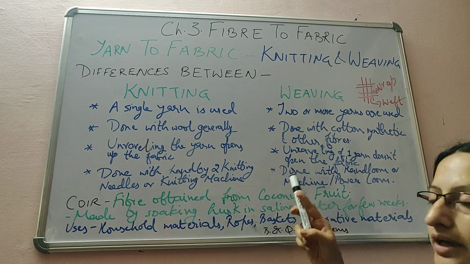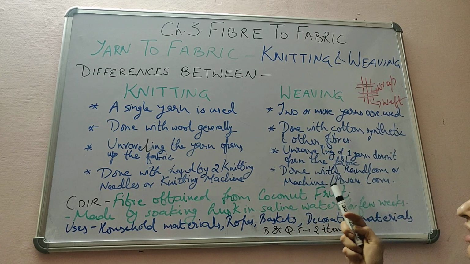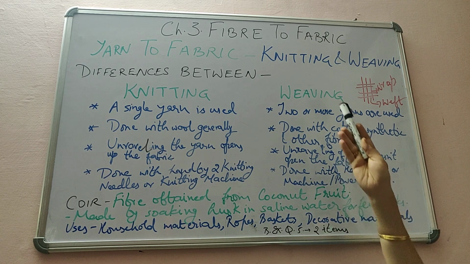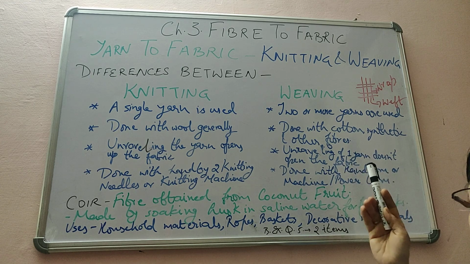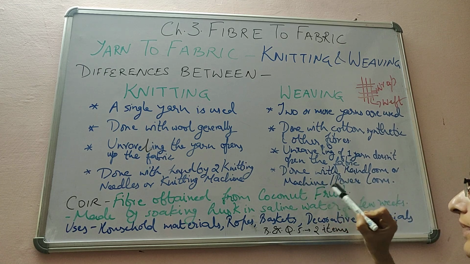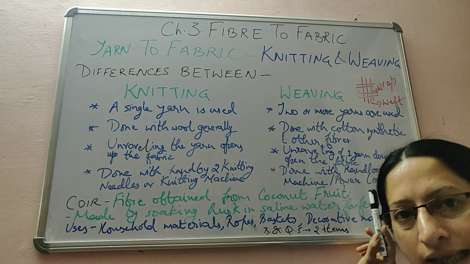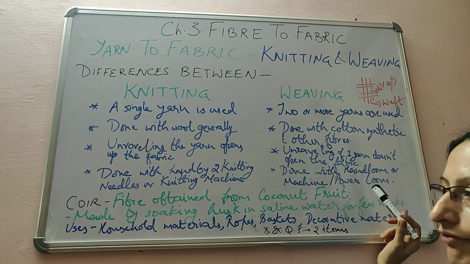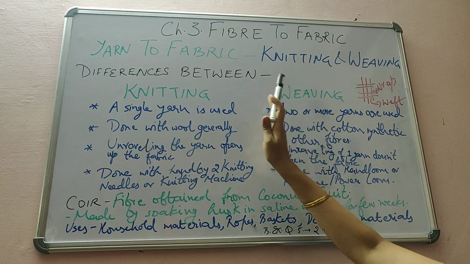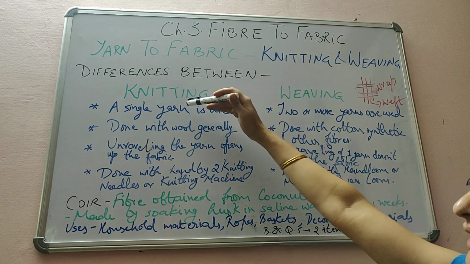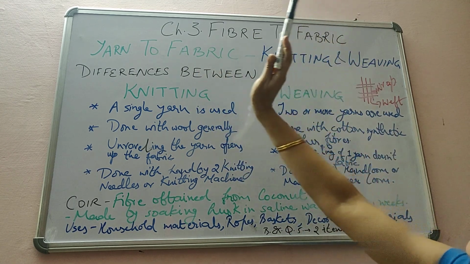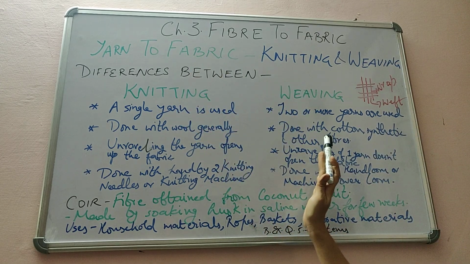While in case of weaving, it is done with the hand loom or machine or power loom. Again, it's the same thing, in weaving, when we do it by hand loom, the clothes are costly. It takes more time, more labor cost is there. While machine or power loom takes less time, and it will be done faster. So I hope the process of knitting and weaving is clear to you, where we have to use knitting for converting the yarn to fabric, and where we should use weaving. It should be clear by this.